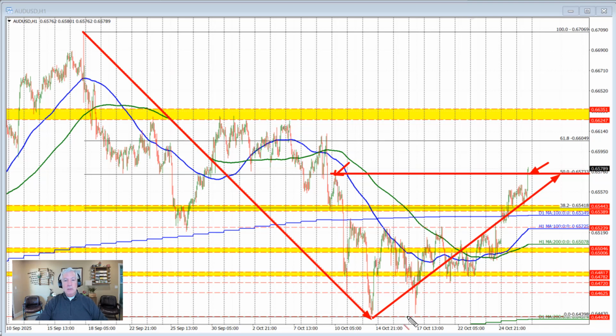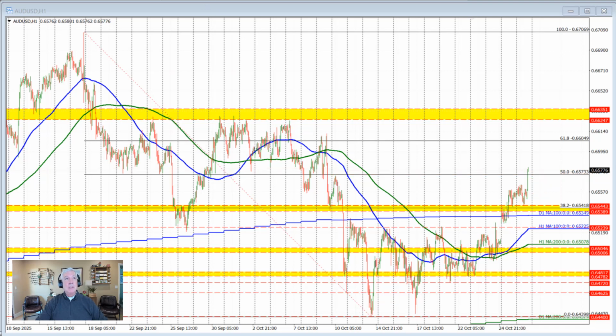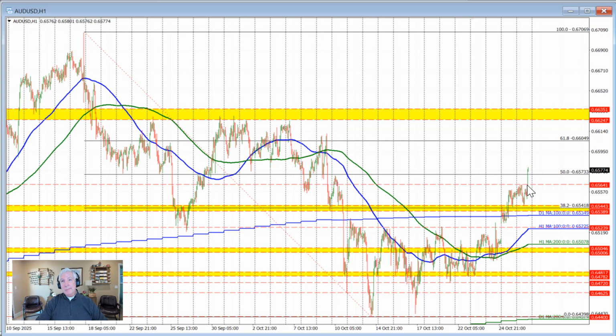A more conservative stop level for buyers thinking of more upside for the Aussie versus US dollar, with all the hope for good news out of the China meeting coming up and other risk-on types of flows, would be to stay above this earlier high from the day at 0.6564. So buyers are making a play. We'll see if they can continue that momentum going in the Aussie versus US dollar.